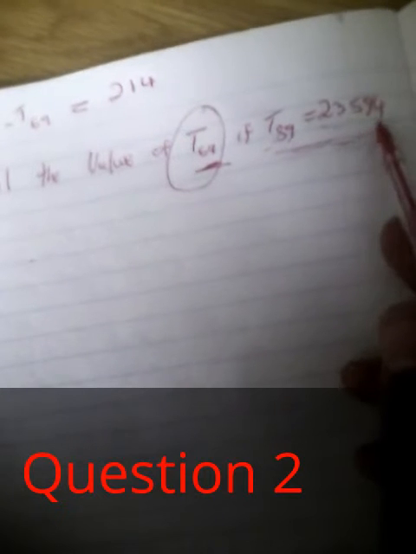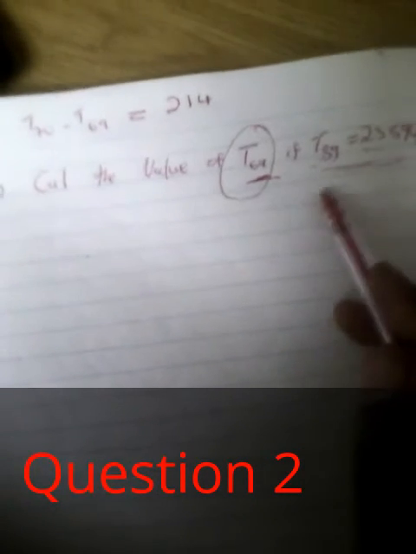So, if T89 is equal to 23,594, we have to use this value. They gave it to us for a reason. So let's solve it. Let's try to find the value of T69. To find T69, we're going to say 23,594 minus the sum of all the previous differences from 69 to 89. So T89, the term 89 that they gave us, minus the sum